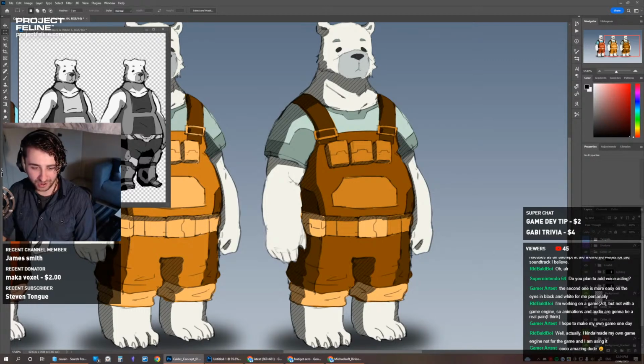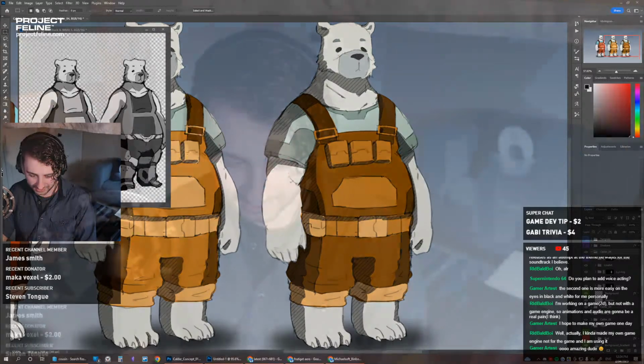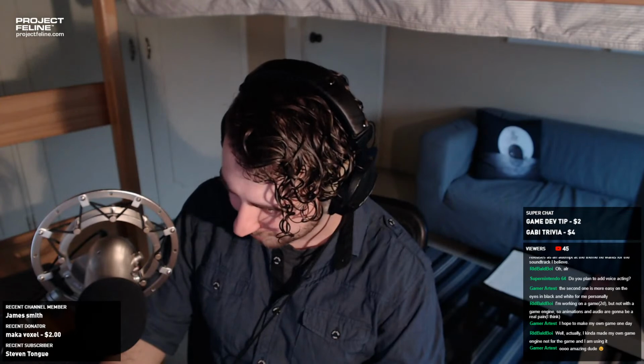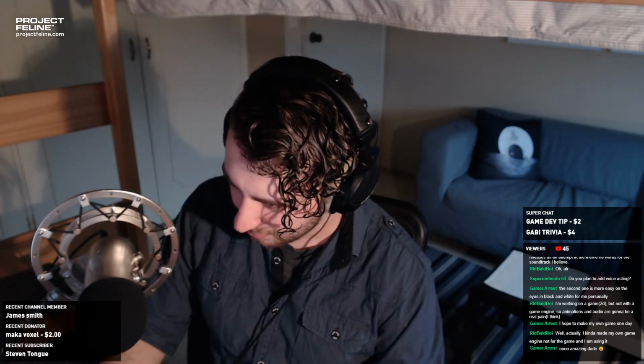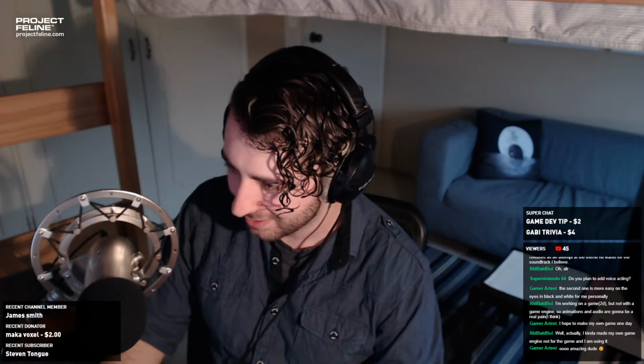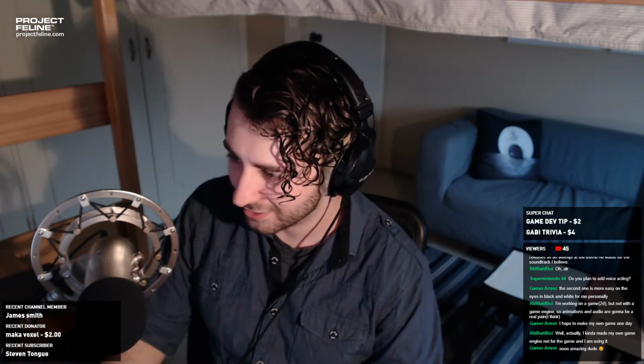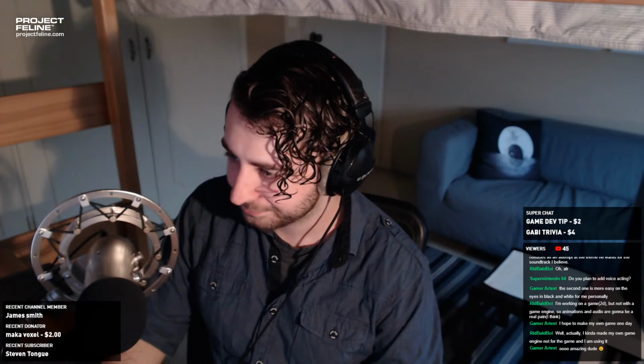I just need to open... I gotta find where the document is, so give me a quick second. Because I did an illustration of this character recently with messing with palettes, and we'll give those a shot, because that has some brown in it. I just gotta find the folder. Oh, where did I put it? I keep my folders organized, but when I'm on stream, my brain can't process where to look, so I always get kind of lost because I have so many folders. Just give me a moment. I can find it.